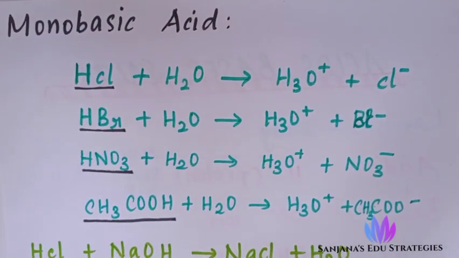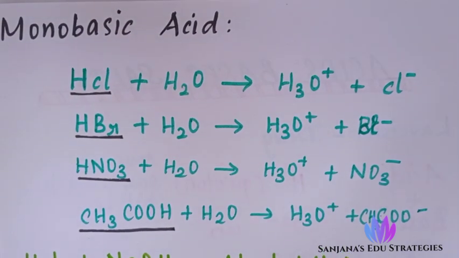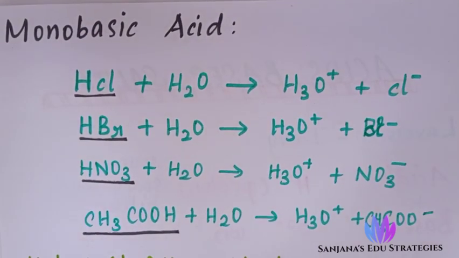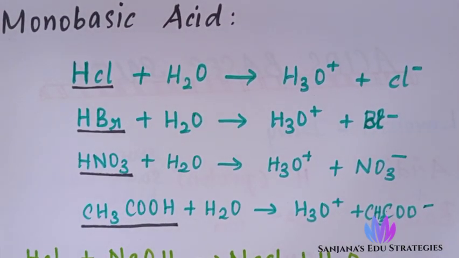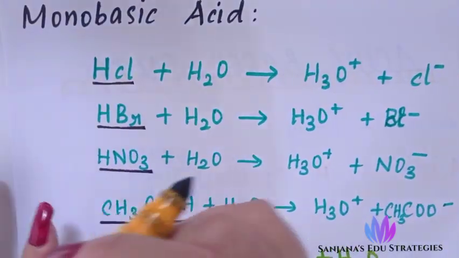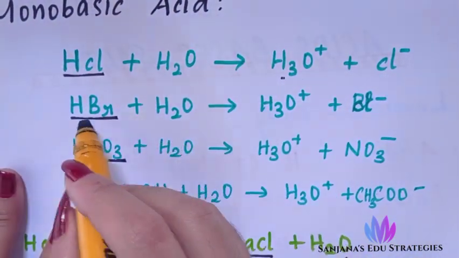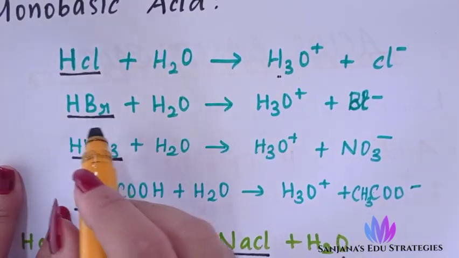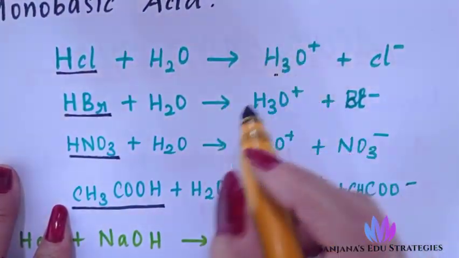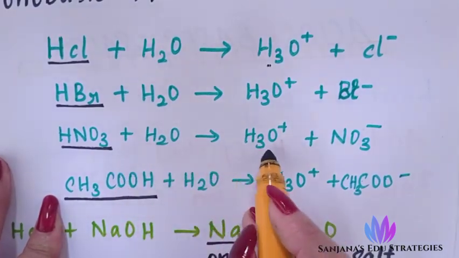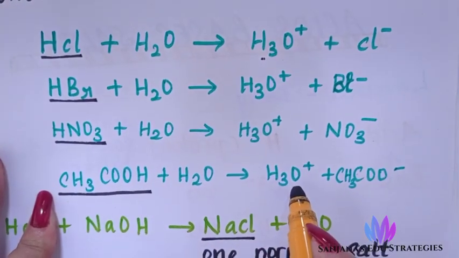Now we'll see the three types of acids based on basicity. First is monobasic acid. Acids which on ionization in water produce one hydronium ion, you can call monobasic acid. You can just see the examples. HCl plus H2O gives one hydronium ion plus Cl minus. Again HBr plus H2O, see what I have underlined, it is acid, gives H3O plus Br minus. These are hydronium ions. HNO3, nitric acid, plus water gives one hydronium ion plus NO3 minus. CH3COOH plus H2O gives H3O plus